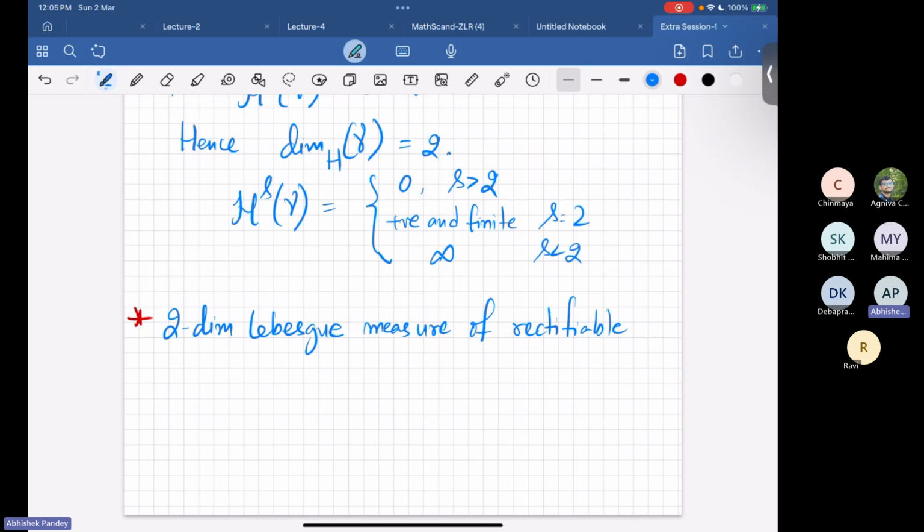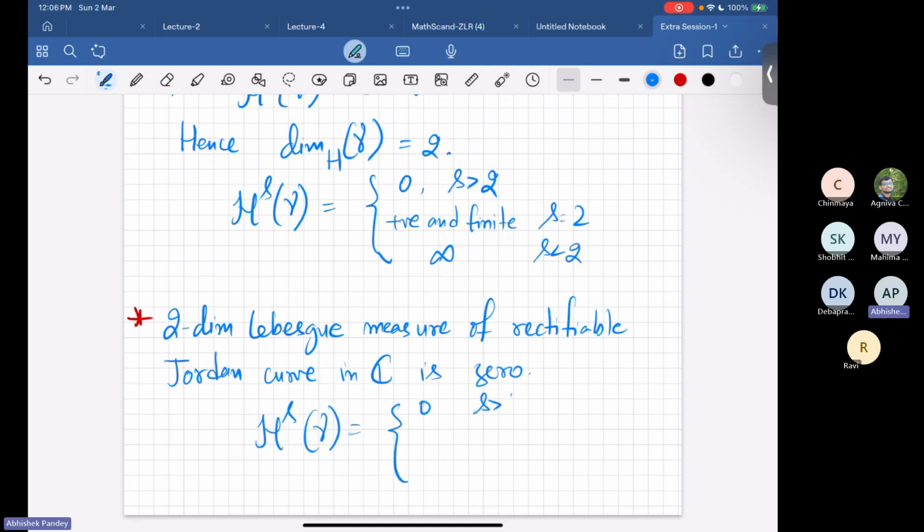I think this is true for any rectifiable curve, but I will write it for Jordan curves because the isoperimetric area inequality is there, through which one can prove that the Lebesgue measure is going to be 0. So what does it mean? It means that the Hausdorff measure of this one